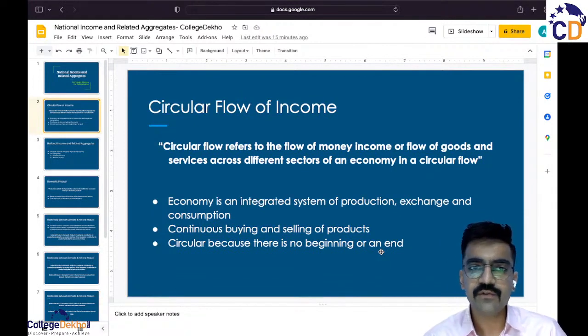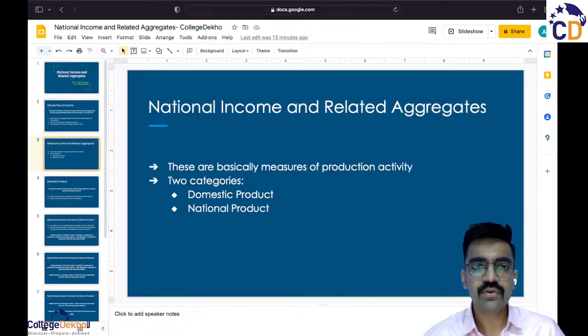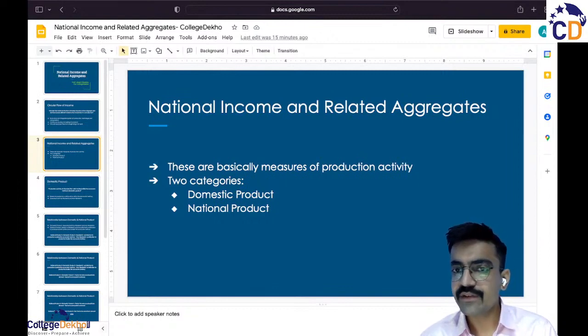So once we have understood that the flow of income in an economy is circular, that it never stops, that it goes on, now let us continue with our topic for today, which is the national income and related aggregates, right? So, national income and these related aggregates that we'll be talking about in a little while, these are basically